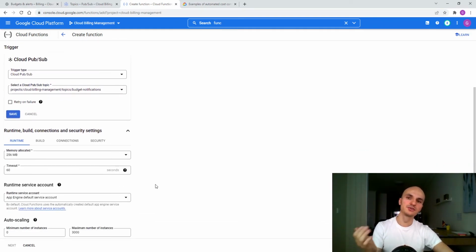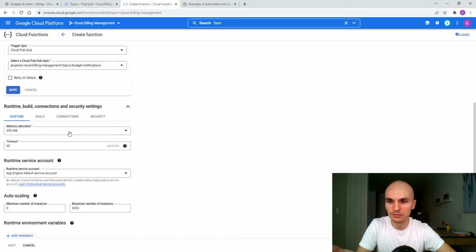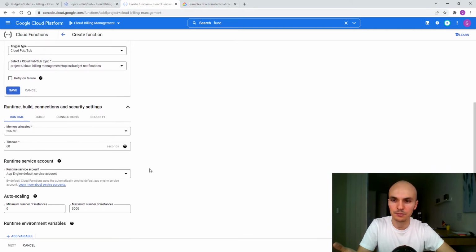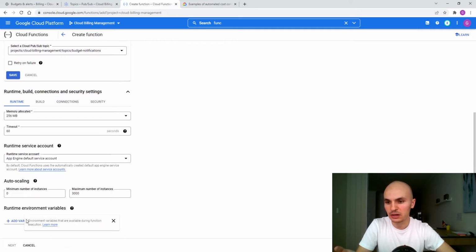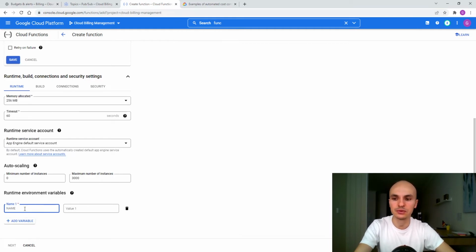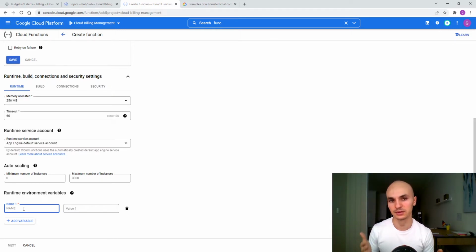And now for that function to trigger, depending on your runtime, so my runtime, it's gonna be Python 3.9. So for that runtime, I need to add the runtime environment variable that says when the function triggers, you want to disable the billing for a project, yes, but which project? And we have to set that in the runtime environment variable that the project we want to disable is that specific project,